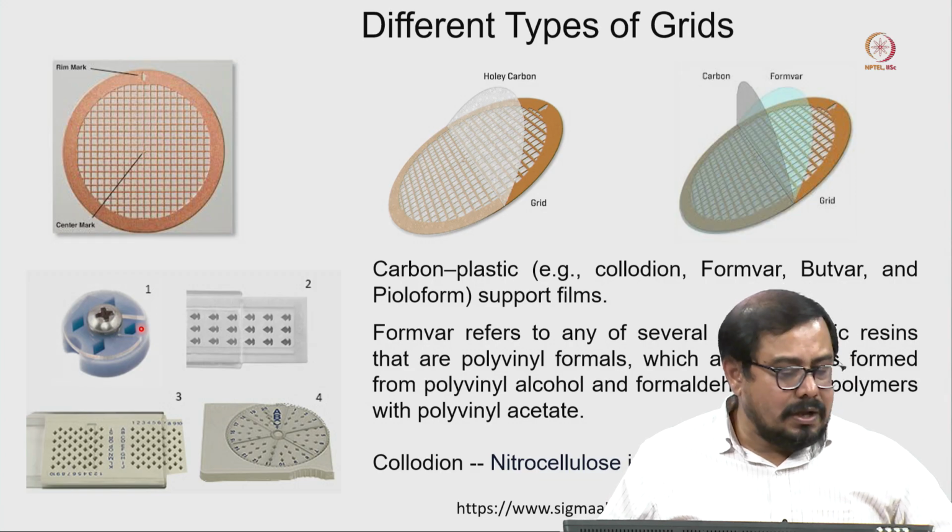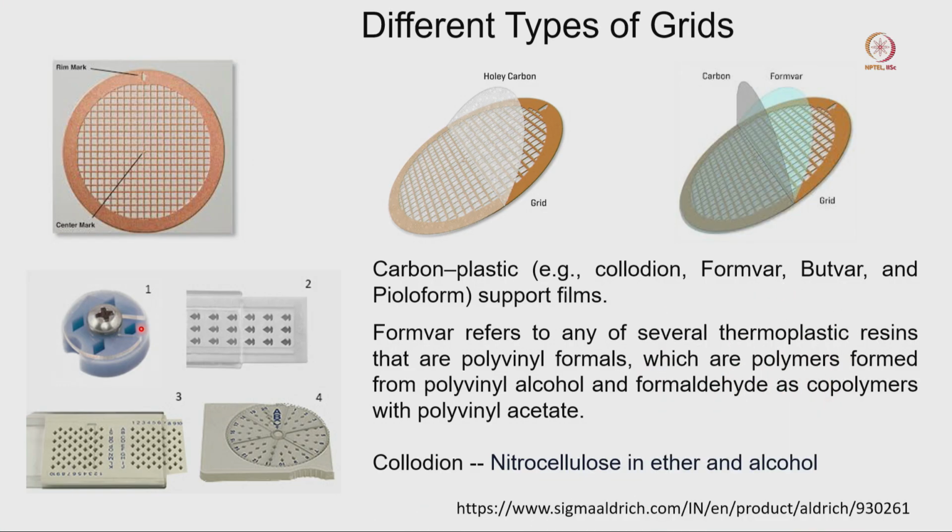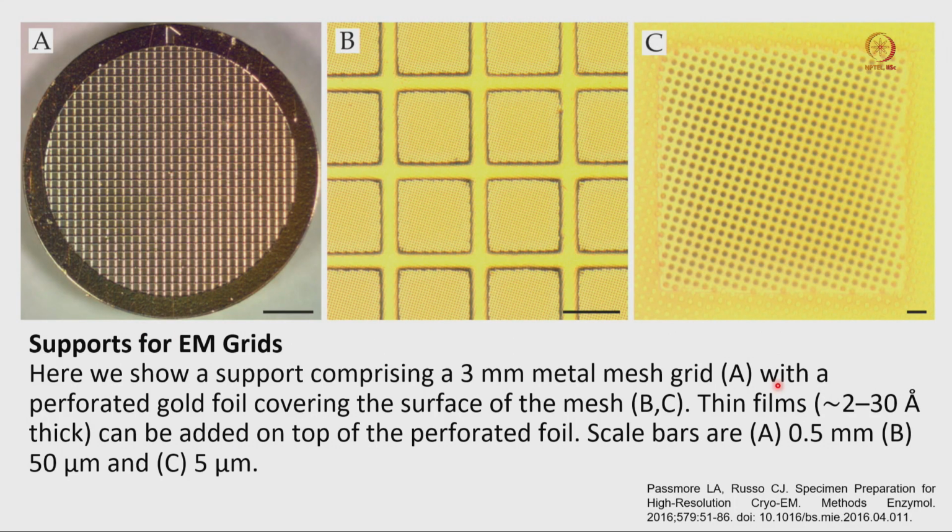Now, I will go to the next slide. This is taken from a book chapter that I already discussed last class, the specimen preparation for high resolution cryo-EM. Those things are applicable for cryo-EM, but a similar approach we can take for negative staining also. That is the reason this book chapter is good when we are starting sample preparation, to see how we can prepare the sample and which particular area we should focus on before we start handling those grids.